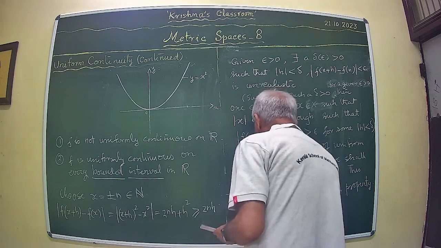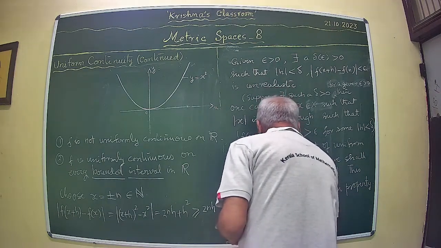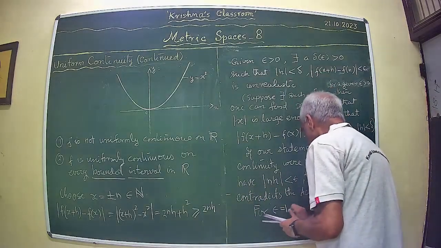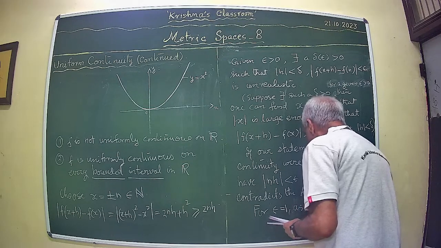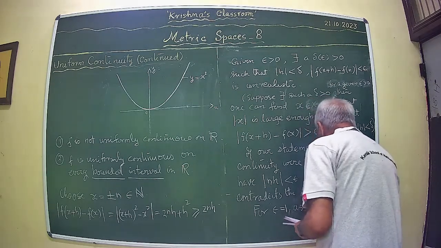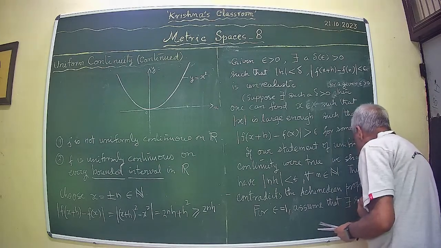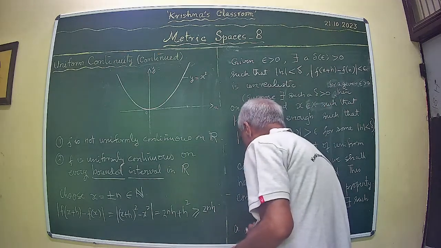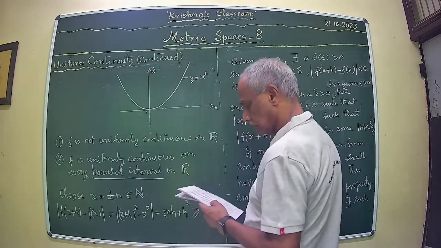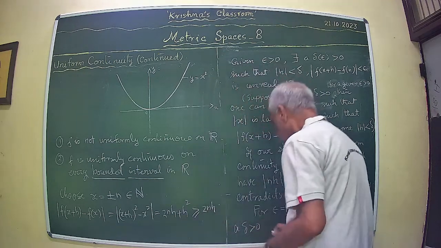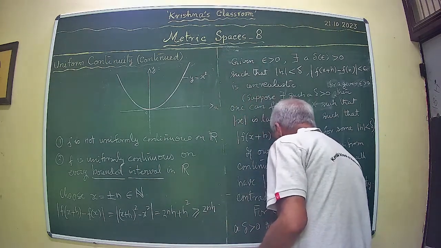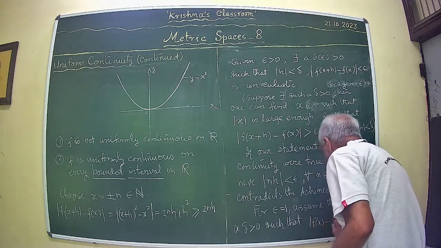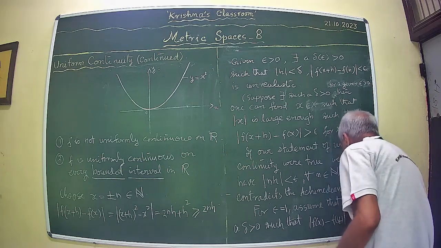So for epsilon equal to 1, assume that there exists such a delta positive such that mod f(x) minus f(y) less than 1,